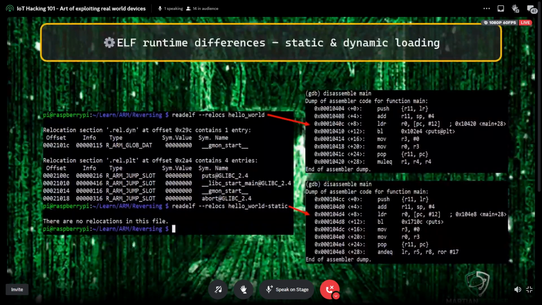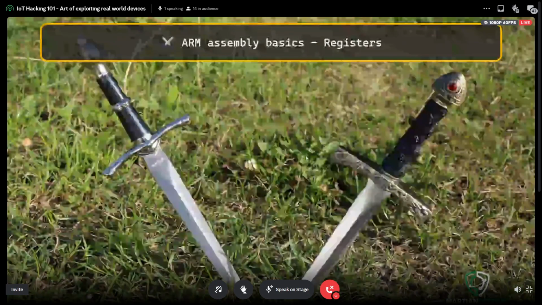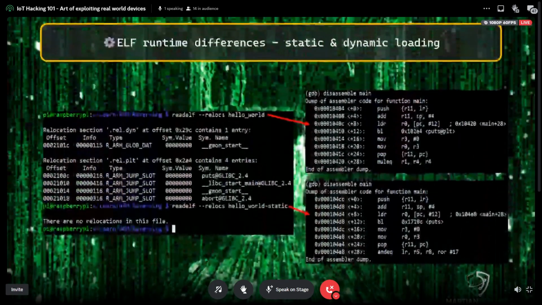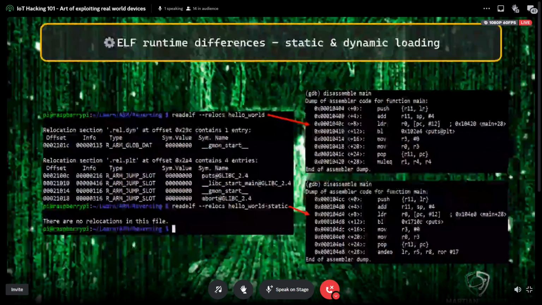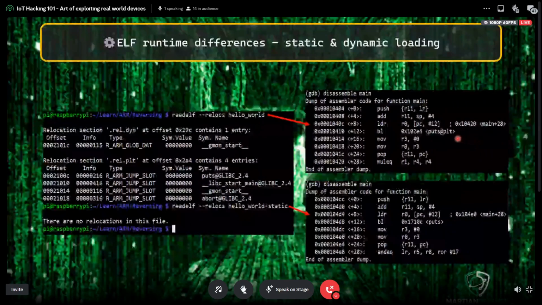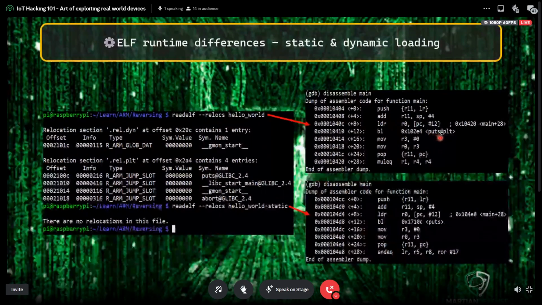It looks into libc, and those pointers are stored in the PLT. That's why it says puts@plt, because it's dynamically compiled. It's going to look into the procedure linkage table.